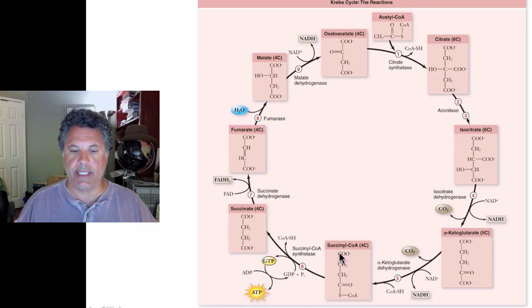Alpha-ketoglutarate then is oxidized to succinyl coenzyme A. Here coenzyme A plays another role. It comes in and acts as an intermediate by joining to the 4th carbon of alpha-ketoglutarate, releasing the last carbon contributed by the glucose molecule as CO2. So that becomes donated there. And we have NADH produced again.